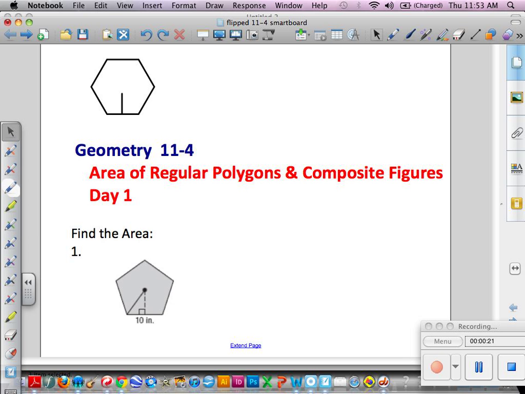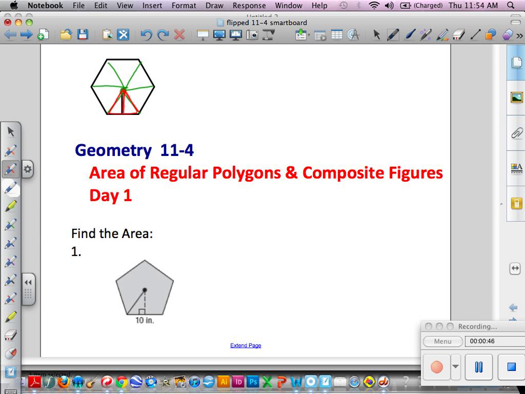And what we did is we broke it into triangles. So we went from the center and then we made triangles, is how we did it in class. And then we would find the area of one triangle, and then we'd multiply it by how many triangles you have. And so when we worked with one triangle,